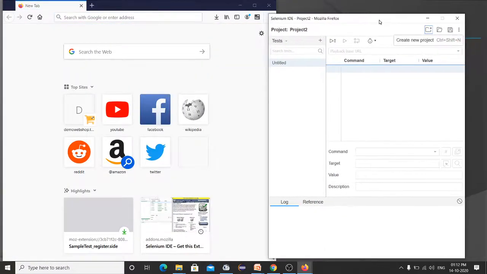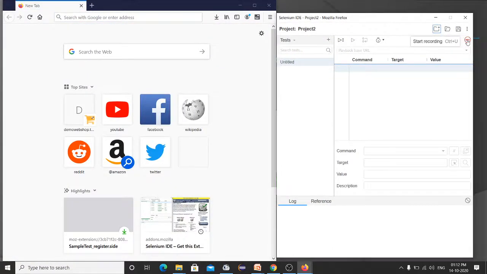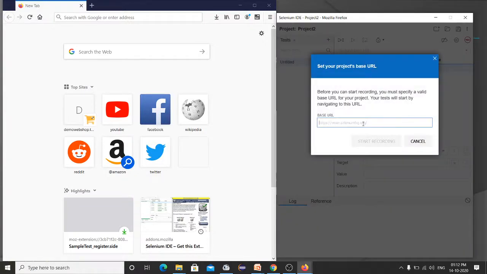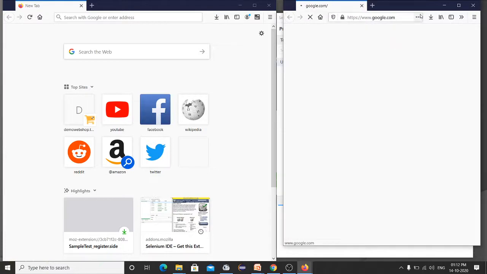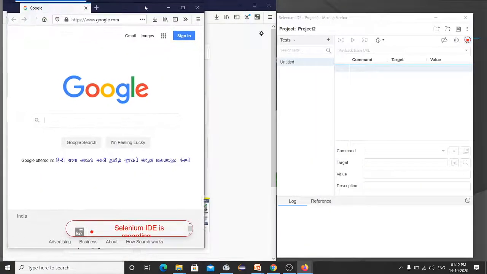Before that, what you have to do, you can see the record button here. Just click on record and give the base URL like www.google.com, or you have to provide HTTPS. Start recording. So I'll bring this window here.